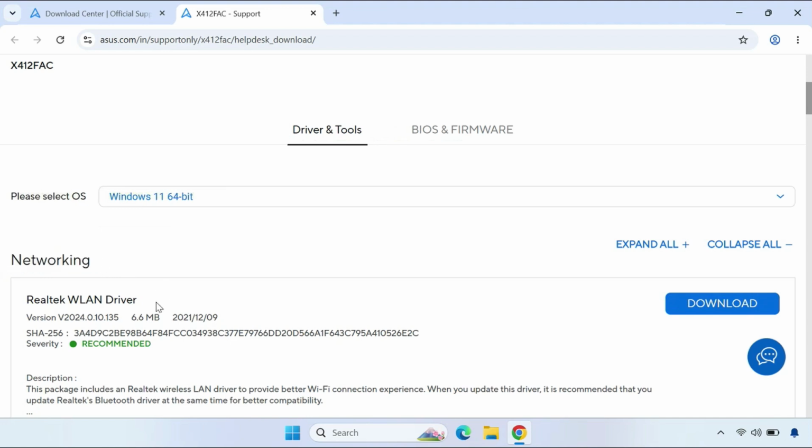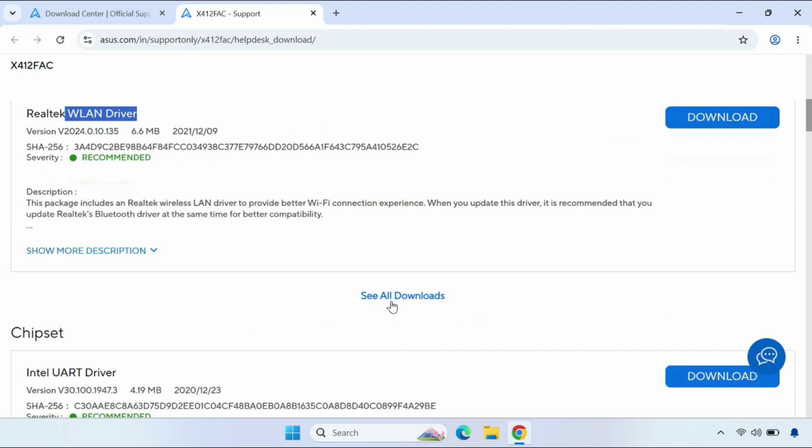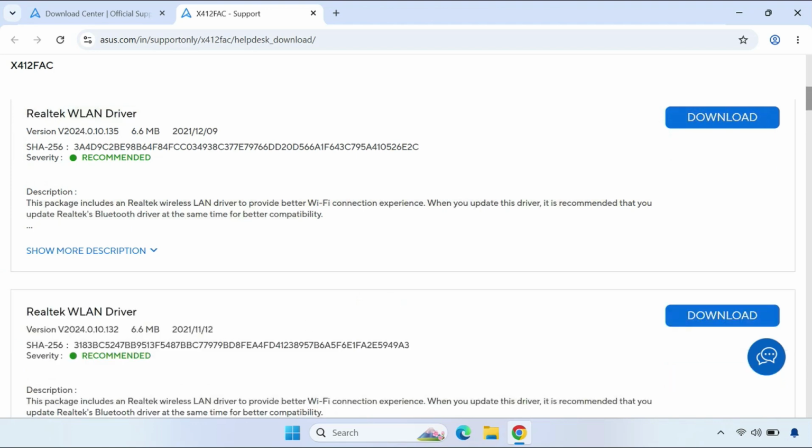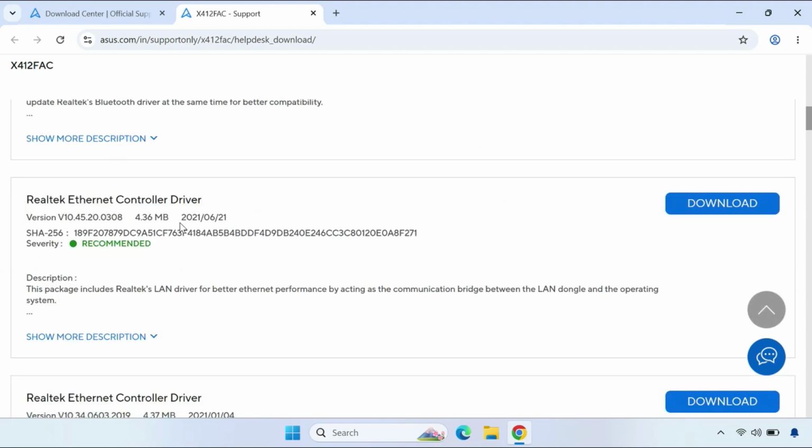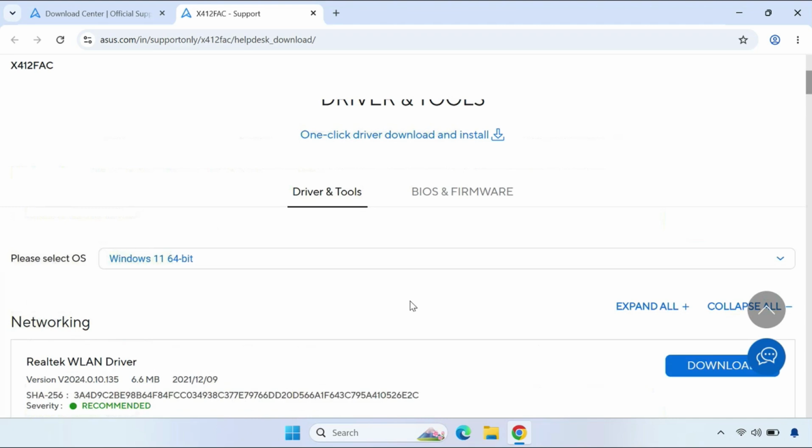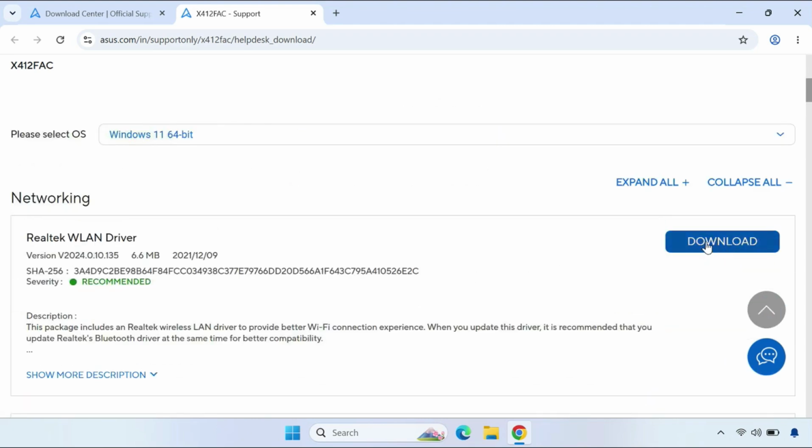Okay, Wi-Fi. So this is WLAN means Wi-Fi driver. Okay, so if you want to extract and download older one, so you can. So this is, and this is date. So try to download always latest and click to download, and it will start downloading and it will show on this here, this one. Then click on it,